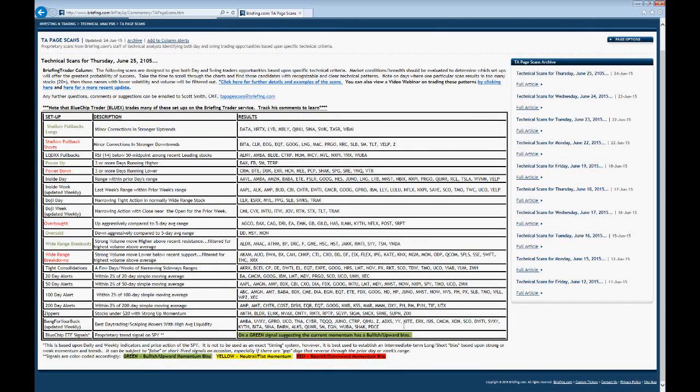If you are into that, I would definitely recommend focusing on the 60-minute charts. You can identify a lot of intraday support and resistance levels on them in order to establish some nice scalps or day trades. The last scan here